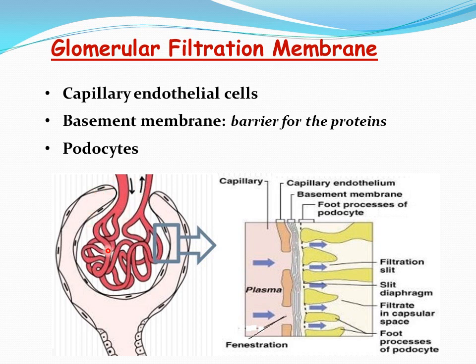So this is the glomerular network. This is the Bowman's capsule, and here is the Bowman's space. The first layer is the capillary endothelial cell layer, that means the endothelium of this glomerular capillary through which the plasma will be filtered initially. Then another one is the podocyte, that is the epithelial cell layer of this Bowman's capsule. In between the endothelium and this epithelium is another thin membrane, known as the basement membrane. These three layers ultimately make what is called the glomerular filtration membrane. Here is the more enlarged portion. You can see this.